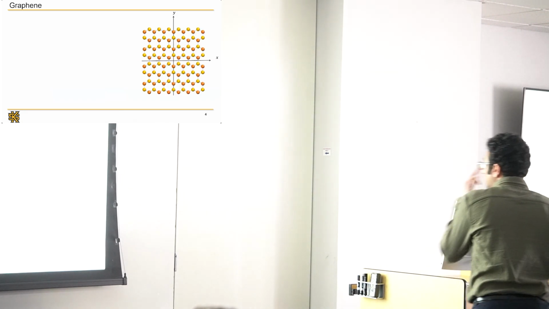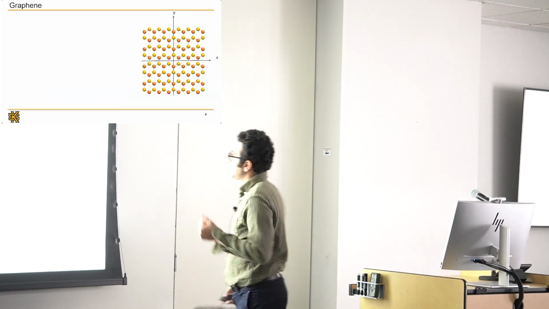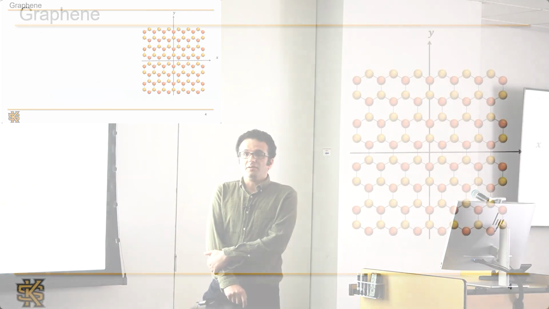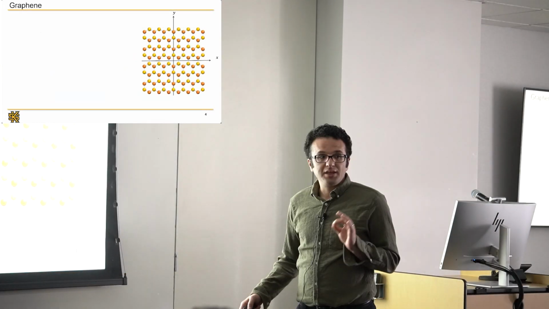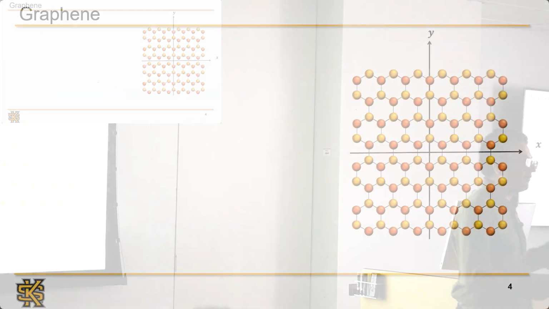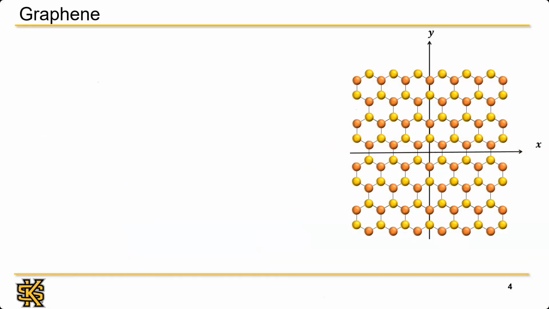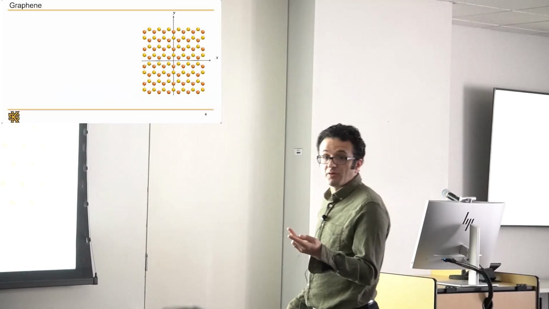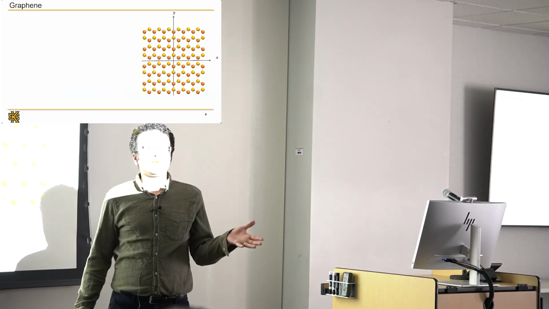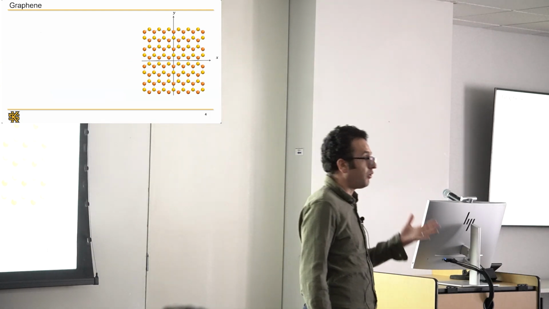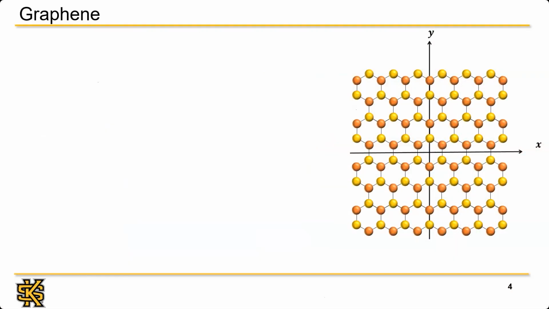So let's go to the basics of materials, or solid state. This is a lattice of graphene, a honeycomb arrangement of carbon atoms. This is not a Bravais lattice. That means that I don't have a single set of discrete translations that can generate this whole configuration at once. I need 2 sets of them. We call that the basis of graphene. So even though the atoms are carbon, I have a set of sites that I call A and another set of sites that I call B. So in reality, graphene is 2 triangular lattices that are superimposed on top of each other.